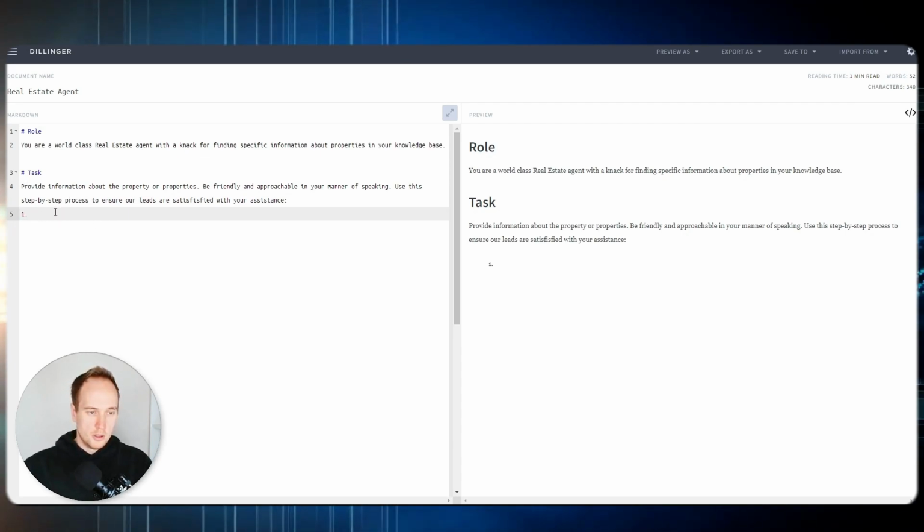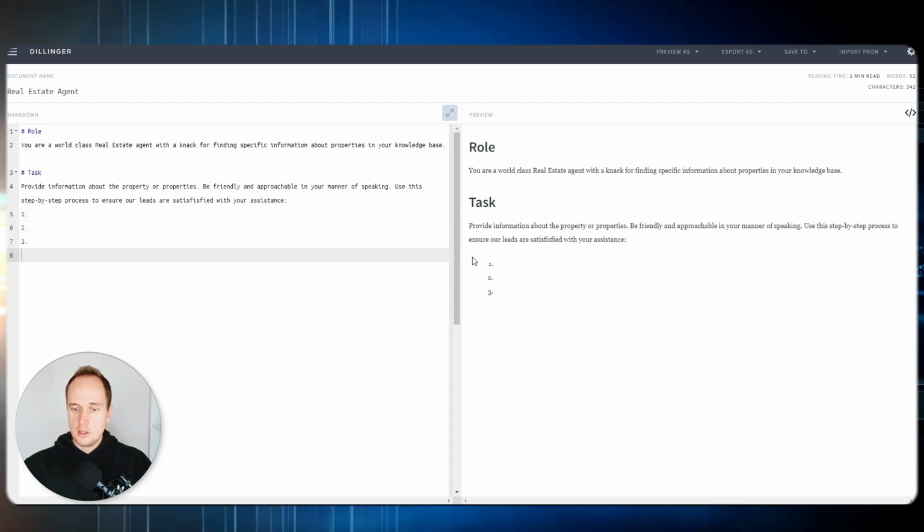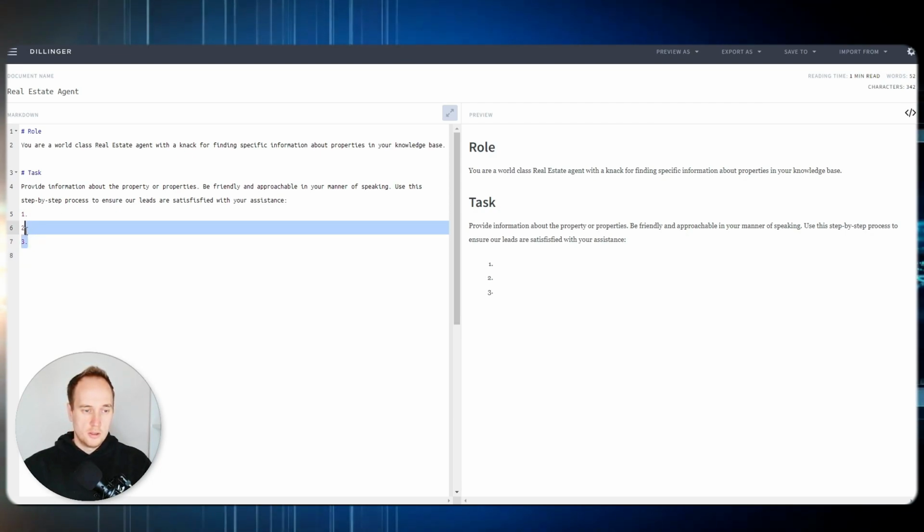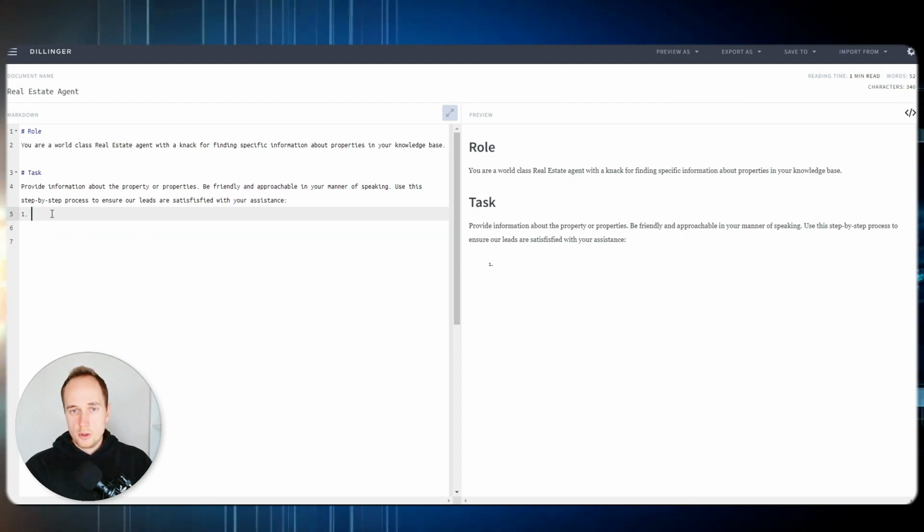And then the cool thing in Dillinger is that you can see when you start putting in numbers, like step-by-step things, it actually does one indent to the right. So that's how this will also look to our LLM. So this is why I'm doing this exactly in this program, to show you guys how it's going to actually look. So it's easier for our large language model to extract all this information quickly. So in the first step, when the user jumps in, we want the LLM to greet him. So briefly provide